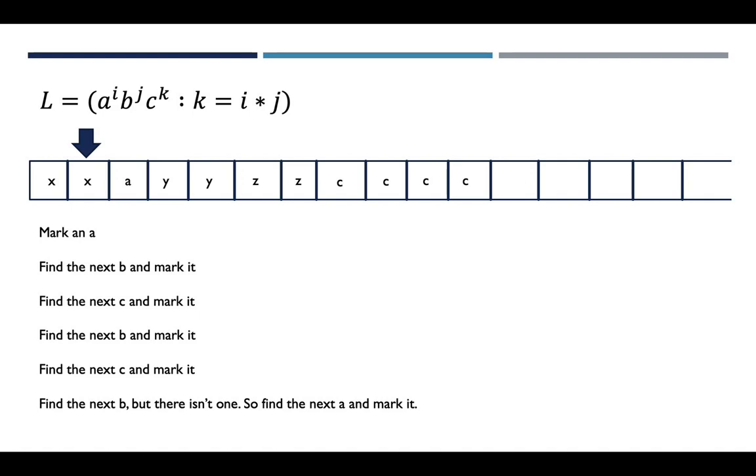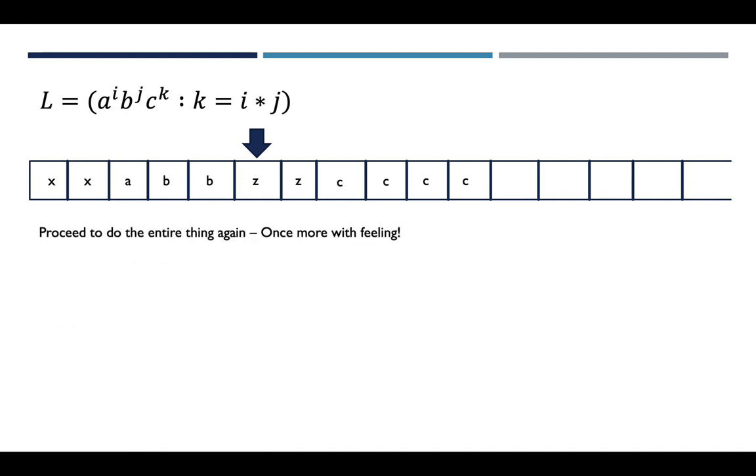So this time what we're going to do is go back all the way to the A's because we don't have any B's left. And we're going to mark the next A. The problem now is that we don't have any B's to mark with. And so what we're going to have to do is unmark those Y's, turn them back into B's, and go through the process again. So we're going to unmark the B's, then go back to the beginning of the B's,